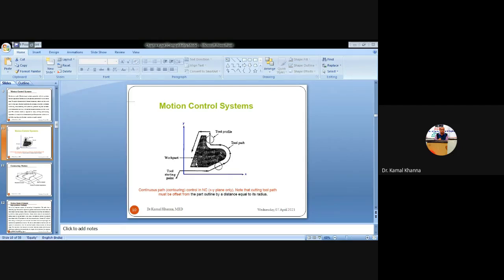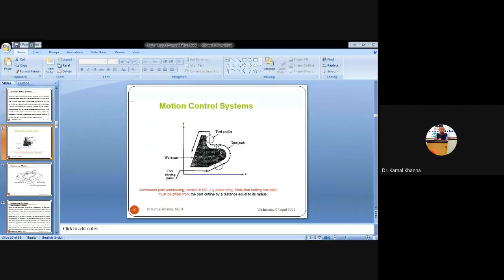It will be smaller in size after the manufacturing. So you have to keep that tool away at a distance equal to the radius of the tool. That's why we have shown the continuous path away at a distance equal to the radius of the tool. You can see the cursor of the mouse. This distance is called the offset distance, and it is equal to the radius of the tool.